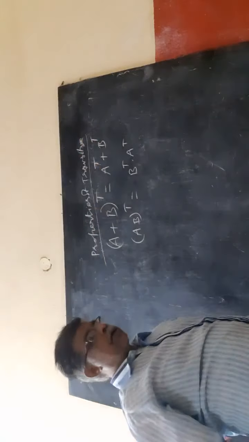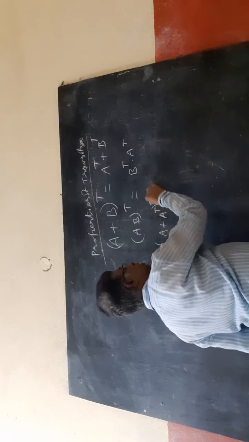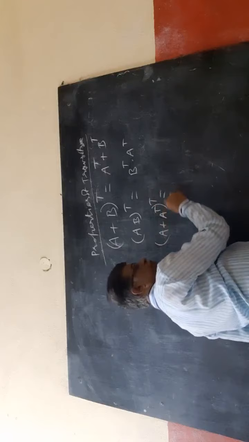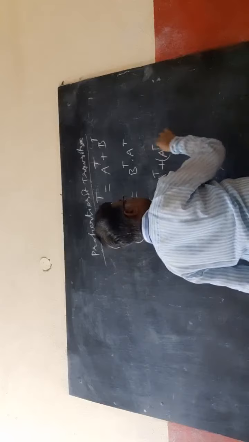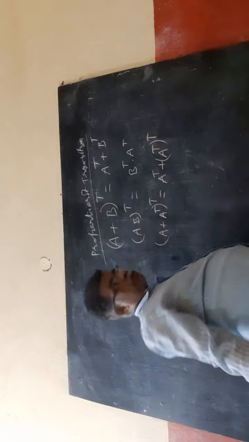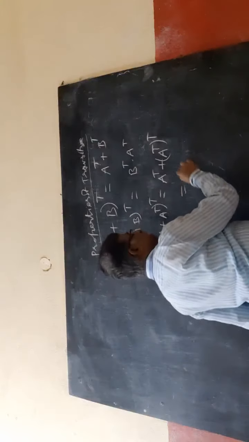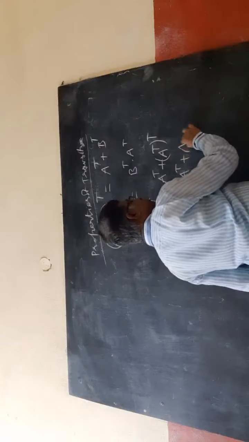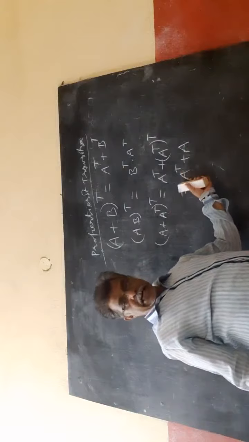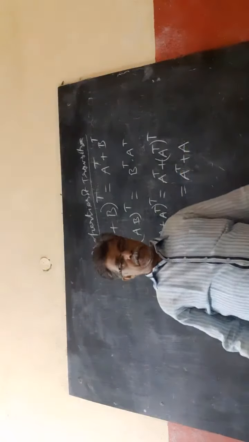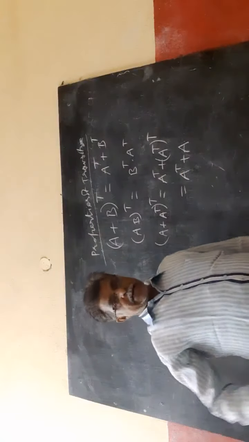Symmetric, skew symmetric. Now, if I take A plus A transpose, whole transpose, what do I get? This is A transpose plus A transpose transpose, split into two parts. A transpose means changing rows into columns. Again, whole transpose means again changing. So you get A again. So this is A transpose plus A. So I am getting A transpose equal to A. Means this is symmetric. So A plus A transpose always gives you symmetric. That's why P is equal to A plus A transpose by 2 is symmetric.